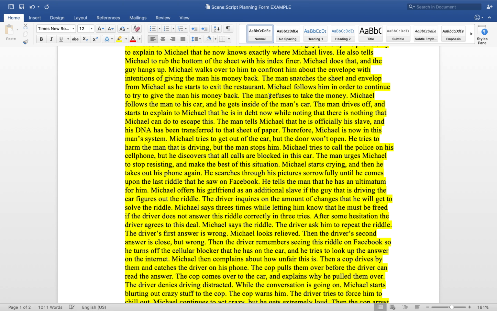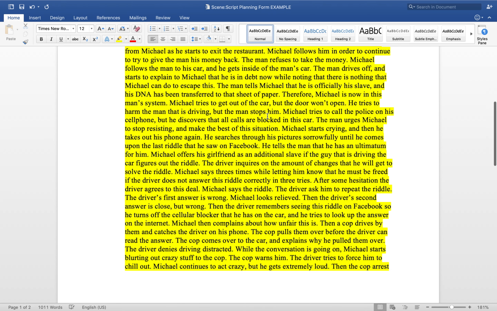So then what happens is Michael ends up following him out to his car, and Mike is so gung-ho about making sure that this guy gets this money back that he is gutsy enough to get in his car, trying to make it seem like, all right, I'm not leaving until you take this money back. So then the guy drives off with Michael in the car, and he starts to explain to